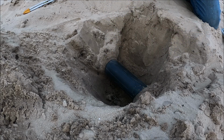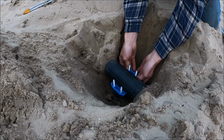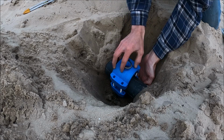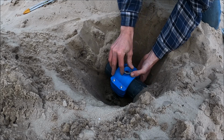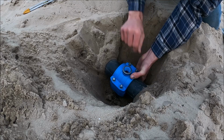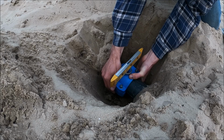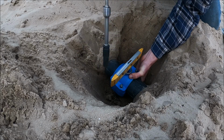So what we're gonna do is this is called a saddle. We put the bottom of the saddle on. We run the bolts through. So the saddle is lined up. I always throw a level on it. Make sure here, as we're tightening,